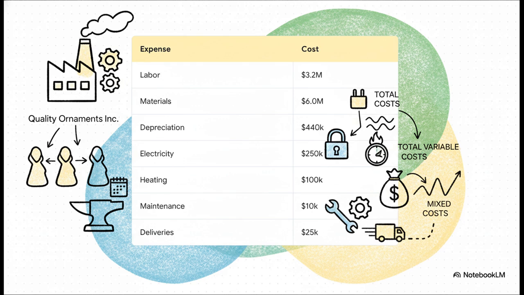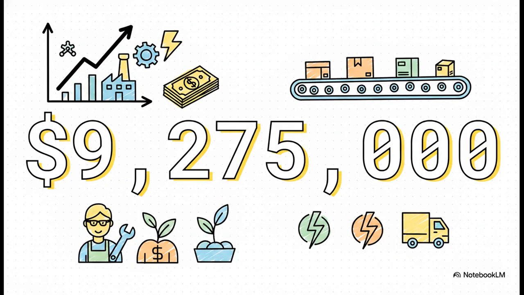Looking at the raw numbers, we've got $3.2 million in labor, $6 million in materials, and $440,000 in plant depreciation. We also have to factor in $250,000 for production electricity alongside $100,000 flat heating rate. Throw in $10,000 in maintenance and $25,000 in formula-based deliveries, and it looks like a lot to process, but watch how cleanly it sorts. Applying our rules, the variable costs total a massive